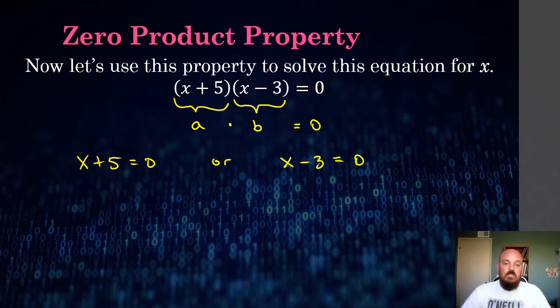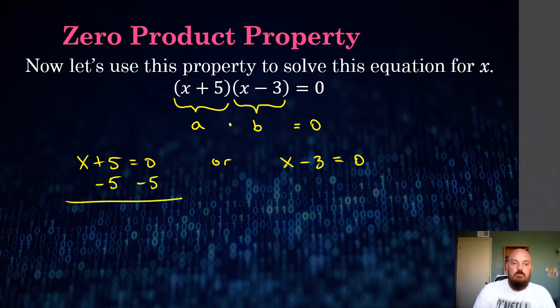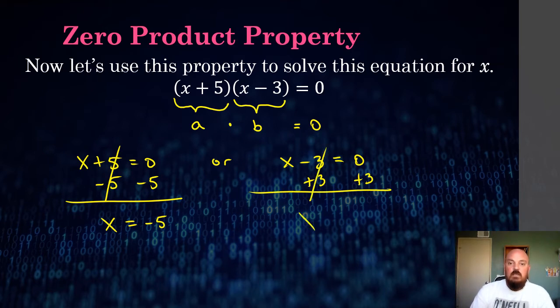Now see, both of those equations are very easy to solve. We can solve those in one step. If I want to solve the first one, I would subtract 5 from each side of the equation, and x would equal negative 5. And for the second one, I would subtract by adding 3 to each side of the equation, and x would equal positive 3. So those are both the answer to the question. We get two answers